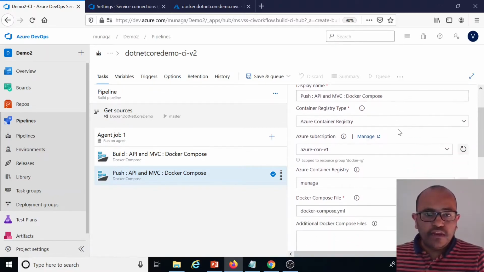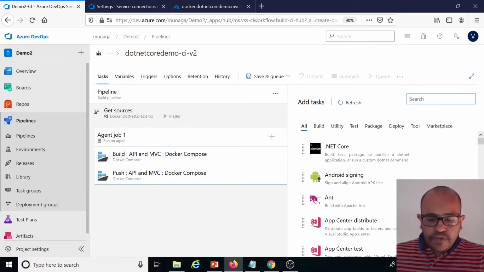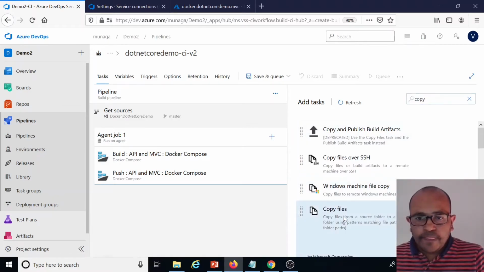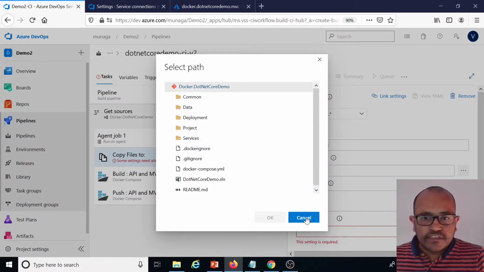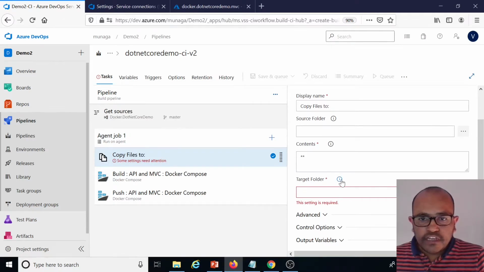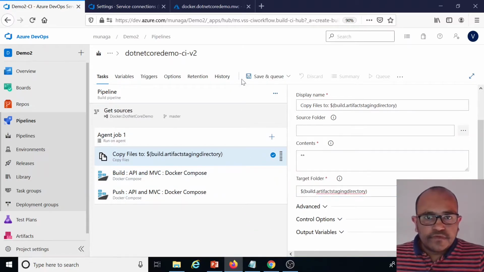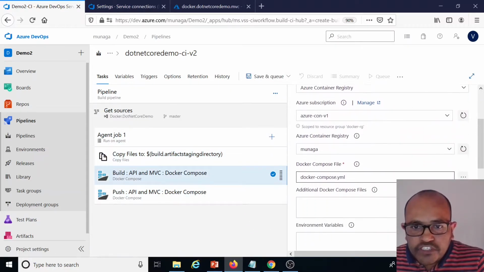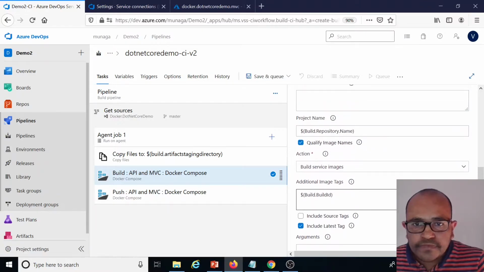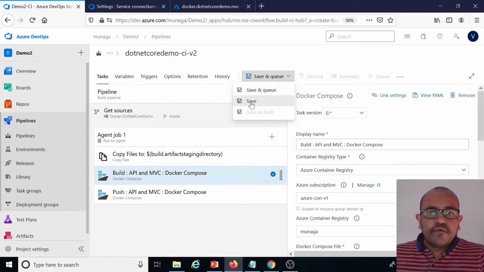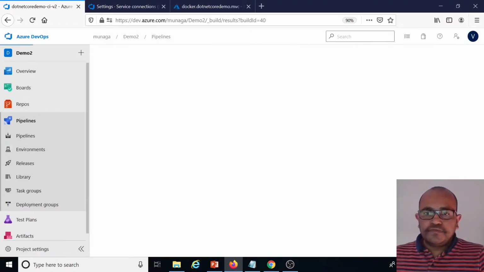Similarly, what we have for the Docker file. We'll wait for this one. Now I created the two. Now, in a similar pattern to the previous one, we need to copy files. So here I'm selecting the same thing, no need to change the context. This is a target one. I'm going to use the same thing. Now let me check the context, the Docker file build action. Now I'm going to save it and trigger this one.